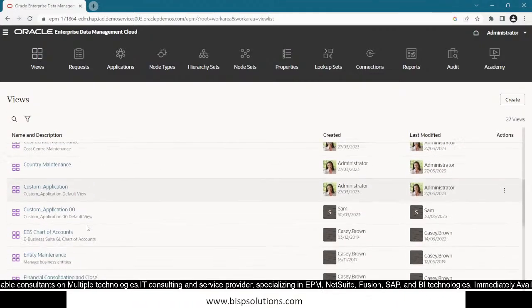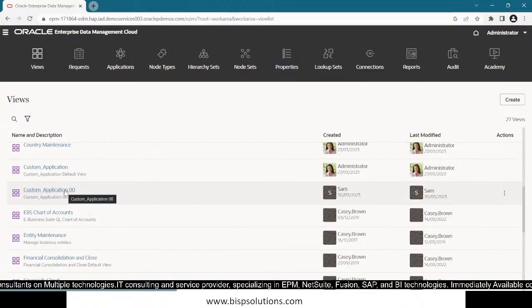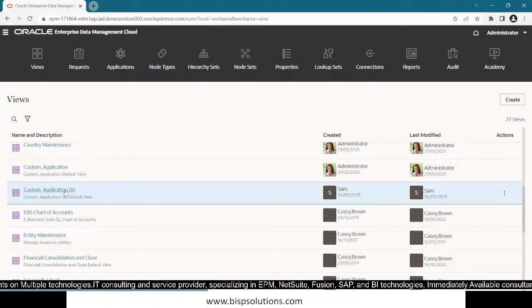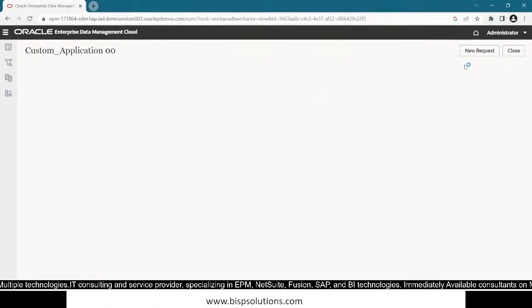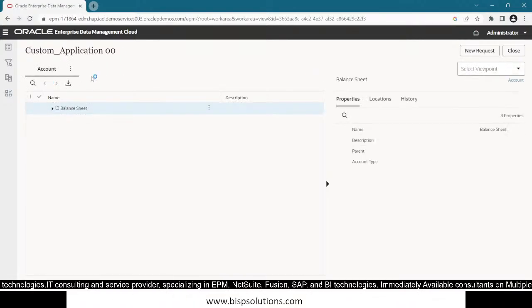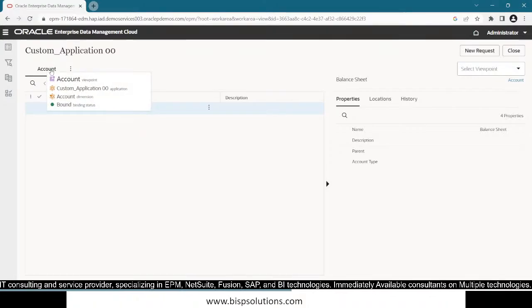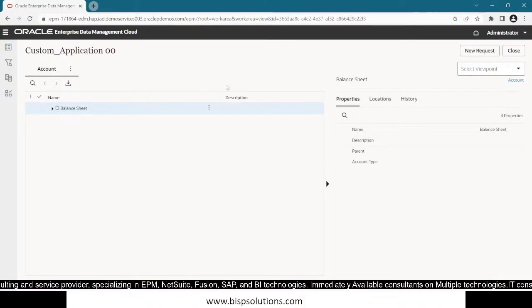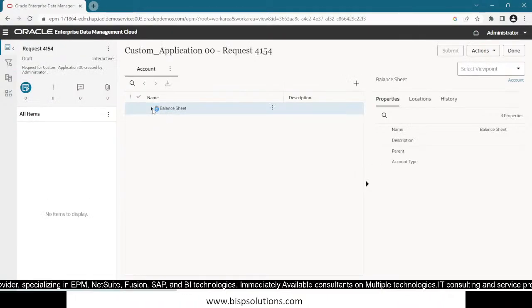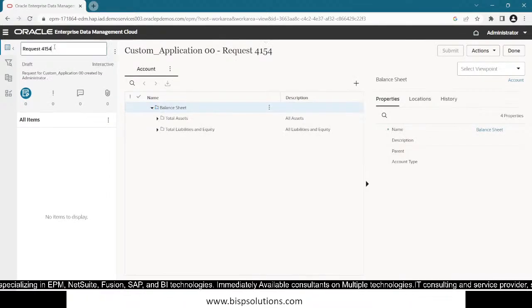So let me open my view and open the viewpoint for the account dimension, and let's make some changes. So admin is going to make some changes. You can see this is the viewpoint, the account dimension viewpoint. And we have to make a new request if we want to make changes in the metadata. So I'm making a new request, and let's give it a name: we are going to add cache account. So add cache account,